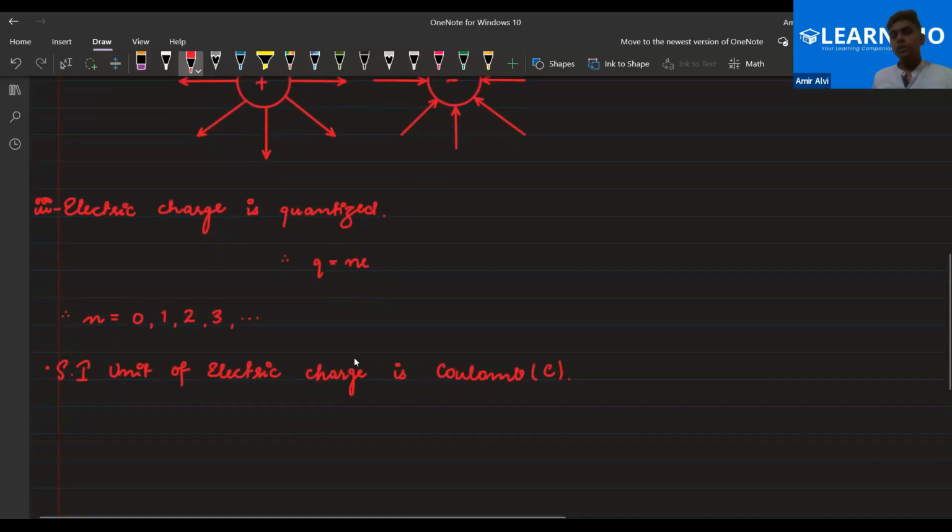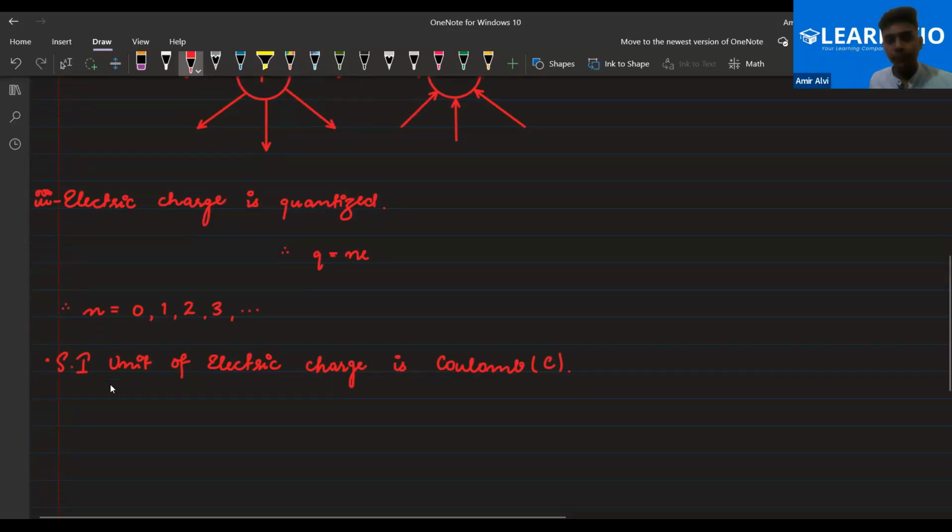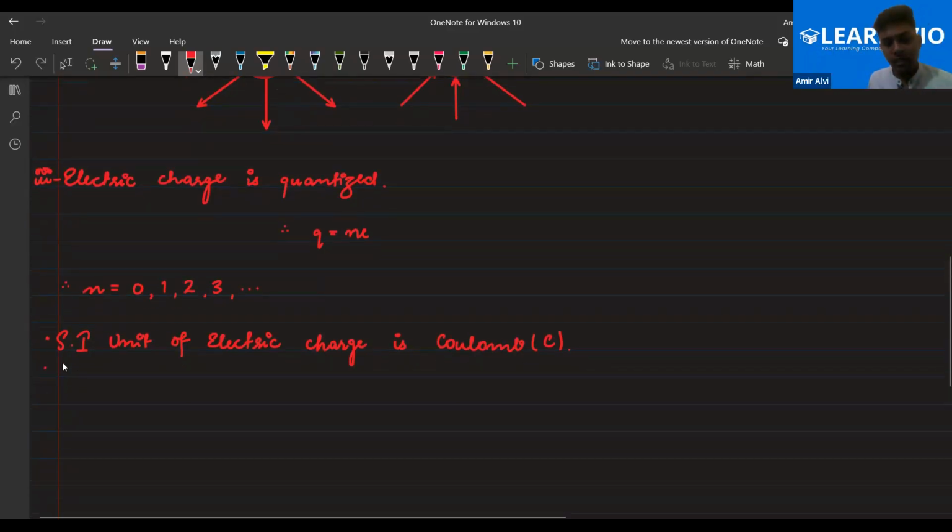Okay. So coulomb is the SI unit of both positive and negative charges. Basically, negative and positive is just the sign, just the characteristic. But the amount of charge on an electron and a proton is the same. It's only the difference of sign. These are some things that you should understand and memorize, because sometimes in the exam they are not given. So it's by default that a student should know this, right?